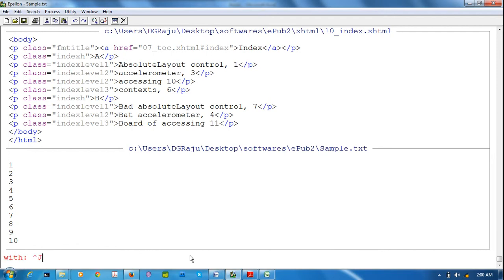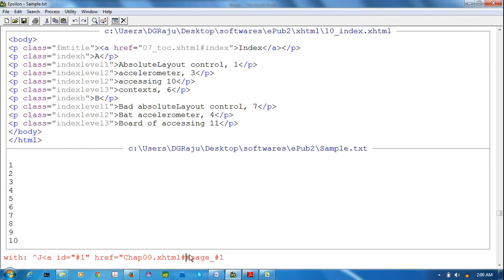I am pressing Ctrl Q, Ctrl J for enter. After that, a id equal to the same page number. #1 means whatever it searches, that text will be #1. Within the brackets, whatever it searches is equal to #1, then space, href equal to, suppose, chap0100.xhtml hash page underscore #1, the same page number.